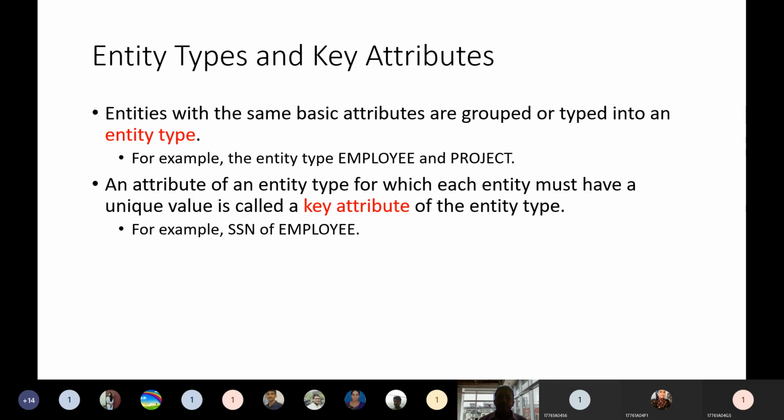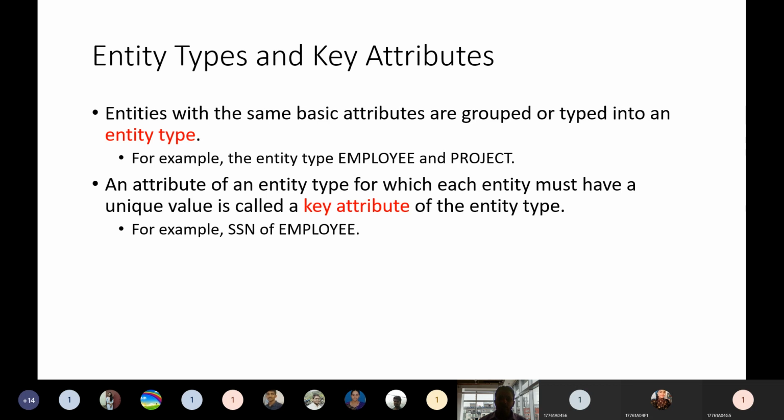Entities with the same basic attributes are grouped together. The technical term is that they are typed into a single entity type. For example, employee and project. Employee is one entity, project is another entity, and those two are grouped.